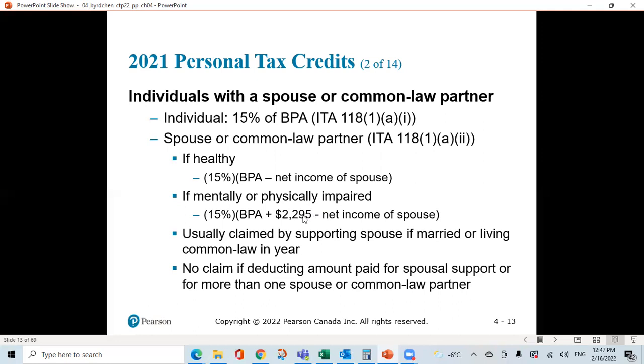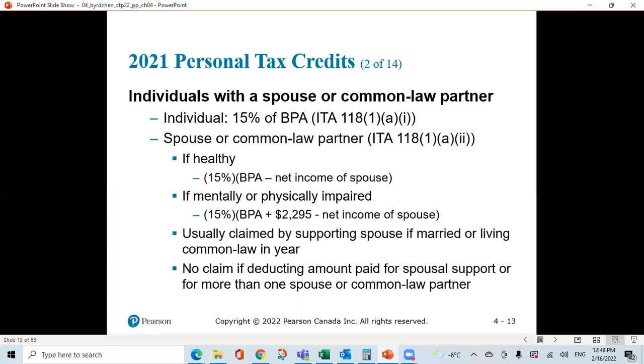Pay attention to the number because you have to memorize it when you do your taxes. So plus the $2,295 and deduct the net income of spouse. So assuming that the spouse has net income of $100,000, what you need to do for the calculation is